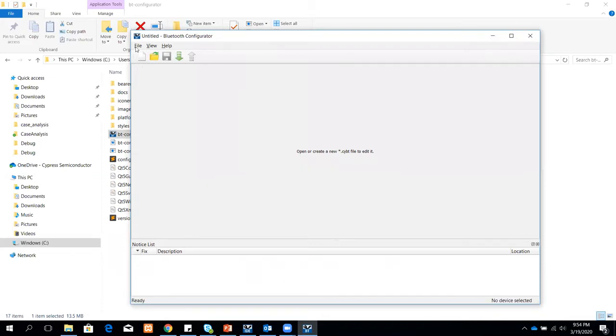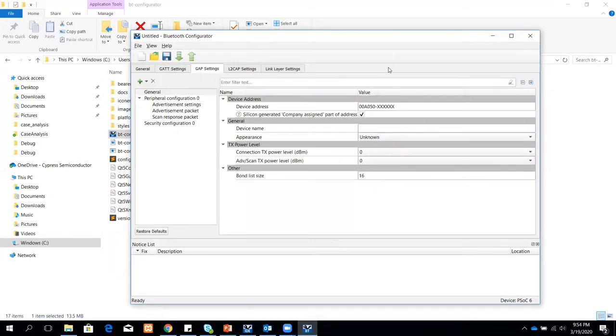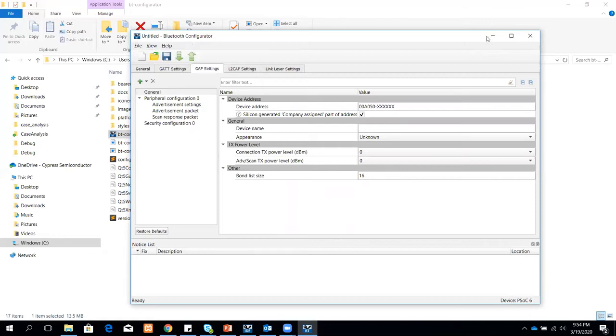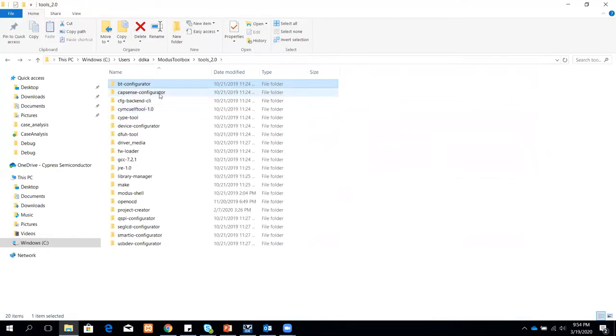You just open up the tool, you target the device that you want, and then you can play around with the different settings, and then generate code in a particular target directory that you want, and then you can just use it in your application. So all of these tools are standalone, and it is supported on all platforms. We'll be getting into each of these tools and configurators. I just wanted to show you what comes as part of the installer package.